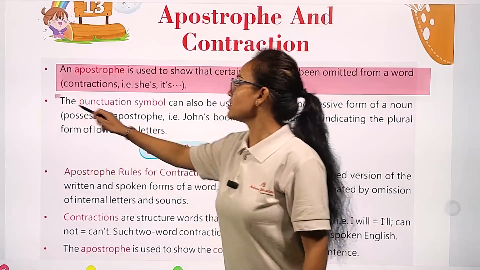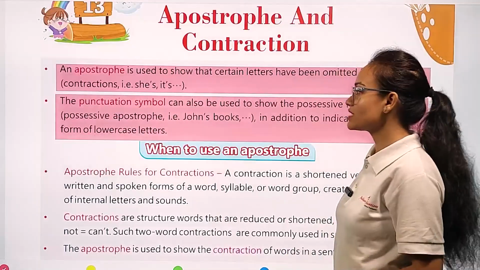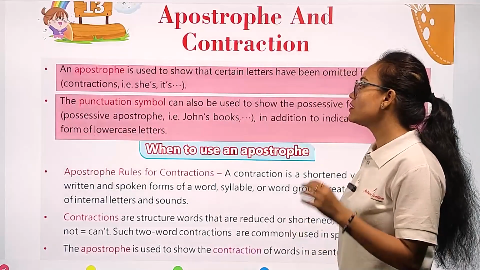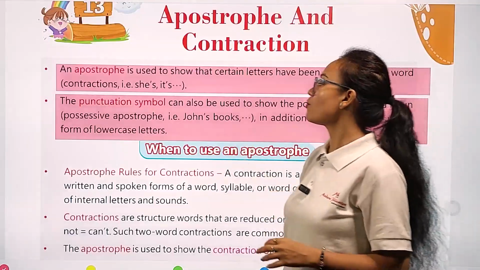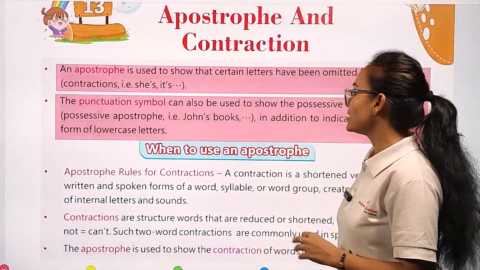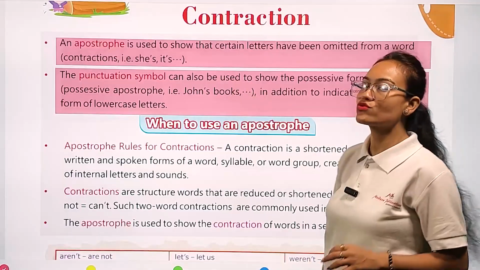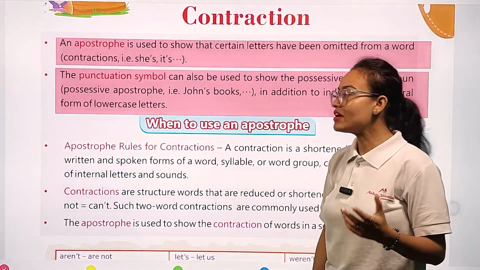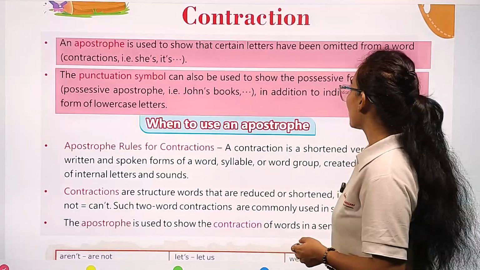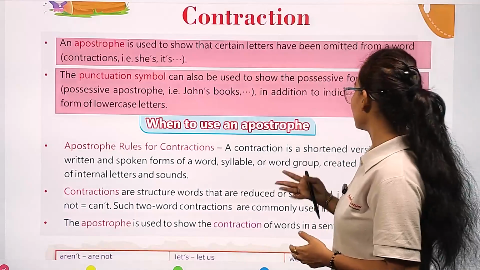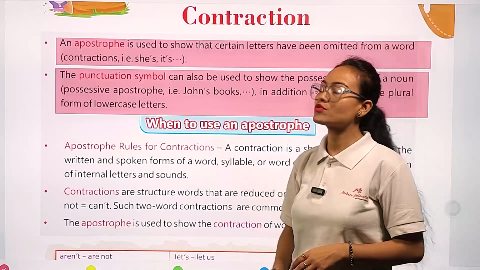The punctuation symbol can also be used to show the possessive form of a noun, possessive apostrophe. Example, that is John's book, in addition to indicating the plural form of lowercase letters. This punctuation symbol, that is apostrophe, can also be used to show the possession of a noun. Example, you can say John's book, this book belongs to John. And if we add a plural form, then in plural form it also shows the possession of